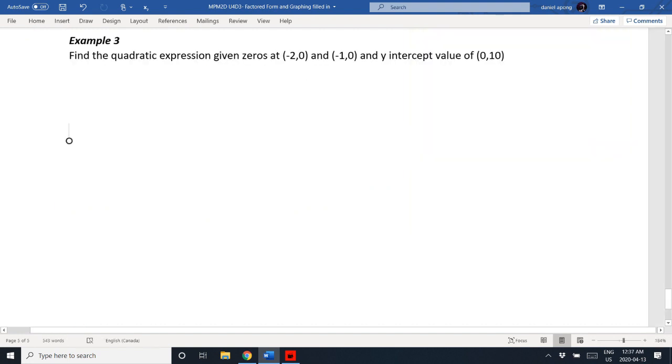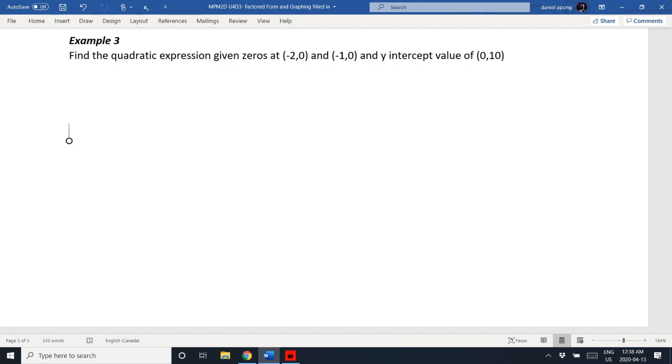Let's try our last example here. Example 3. Find the quadratic expression given zeros at negative 2, 0 and negative 1, 0 and a y-intercept value of 0, 10. So this one's going a little bit backwards. So instead of drawing out a parabola, we're given the key features and we want to write the equation for this. And the easiest way to do that, given the information that we're given, is to express